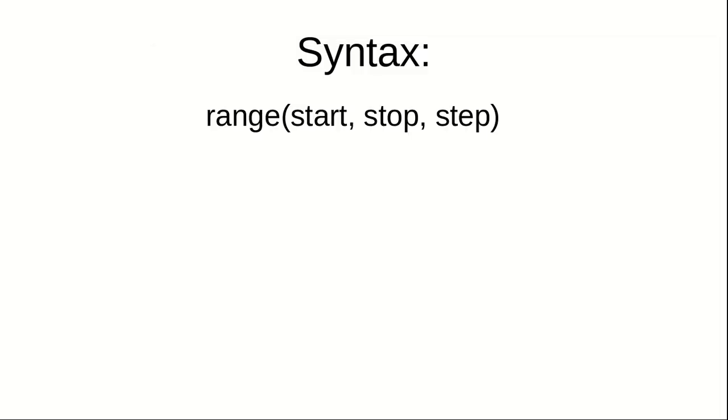So let's say that if I want the values from 0 to 10 with the incrementation of 2, okay, don't confuse, I will show the example. Let's say 0, 10, 2, okay. Now if I initialize list of x to y, now the values range from 0 to 10 with the incrementation of 2, okay. Here each value is incremented by 2. As you can see here, it is 0, 0 plus 2, plus 2, plus 2. So each value is incremented by 2. That is nothing but the step value. So this is how you can create range.